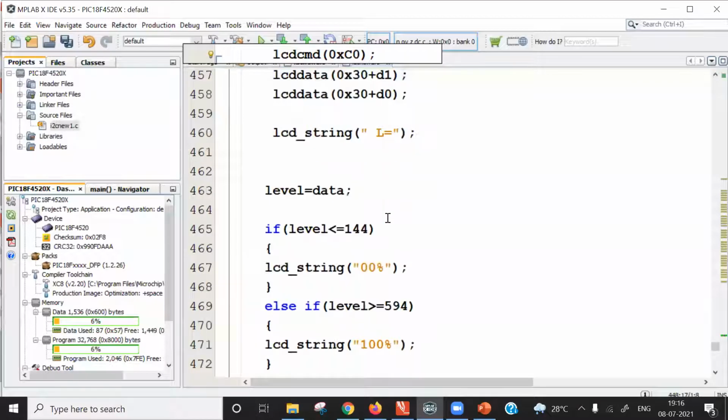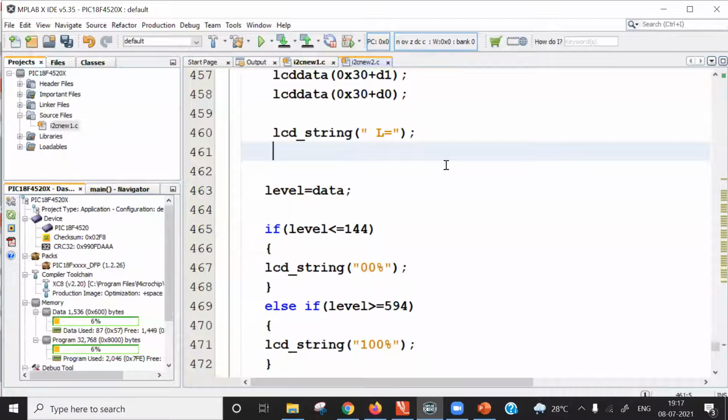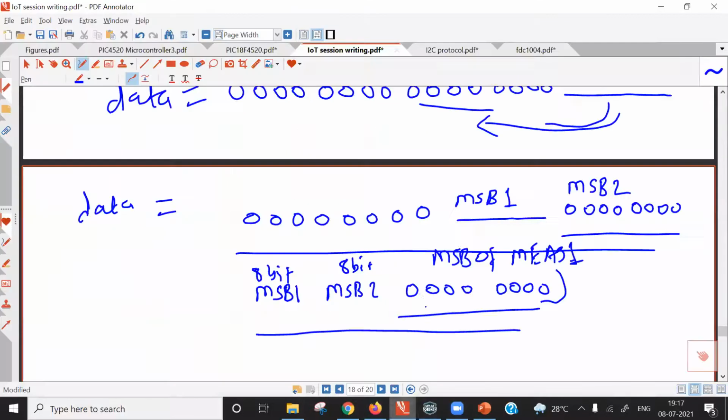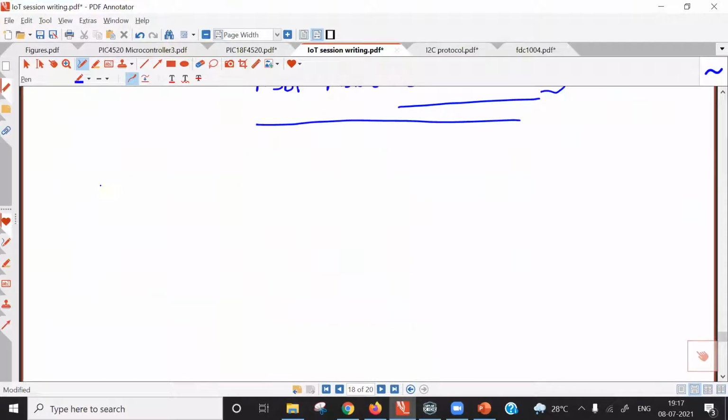After that, we are displaying level, and for level display few calculations are done. In the video I showed the observation table. In the observation table you might have seen that for 0% level we have taken divided value equal to 144 decimal. In our observation table there was level in percentage, and the reading was the 24-bit result of FDC1004, divided by 10,000.